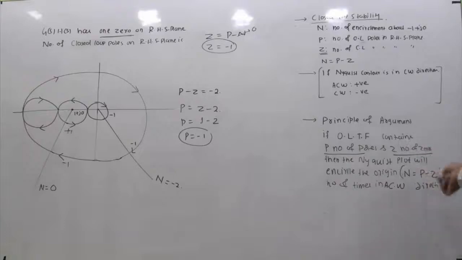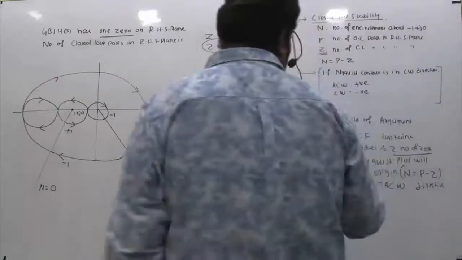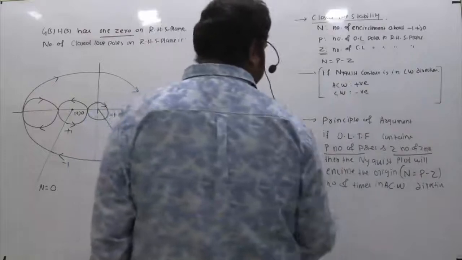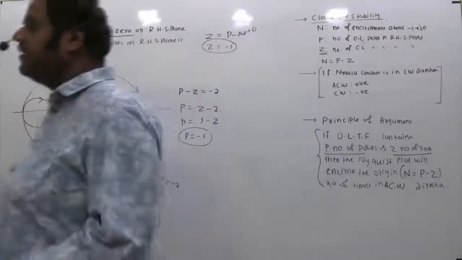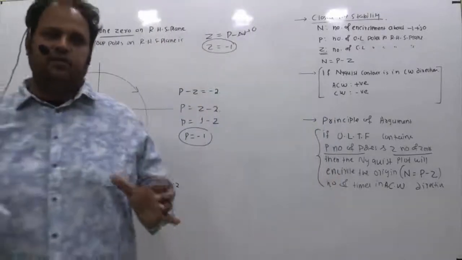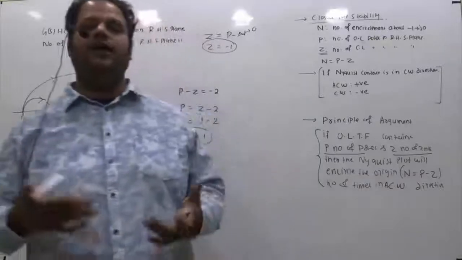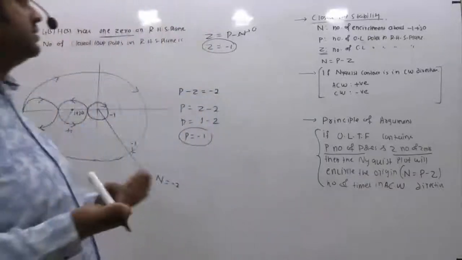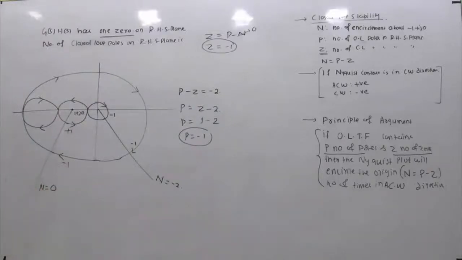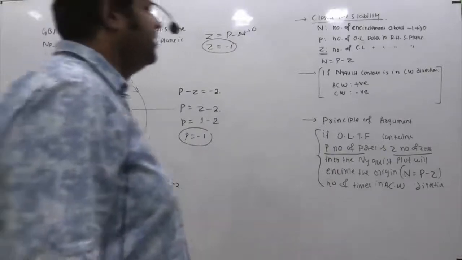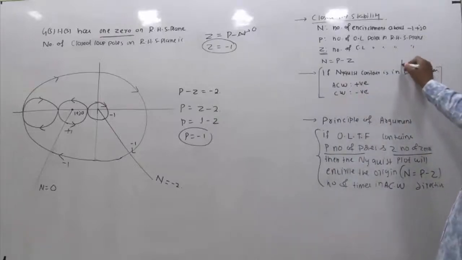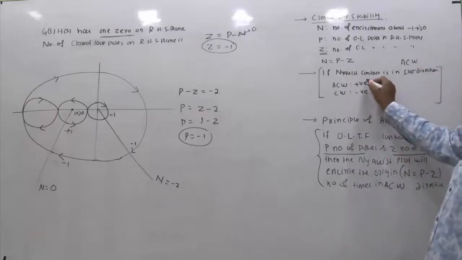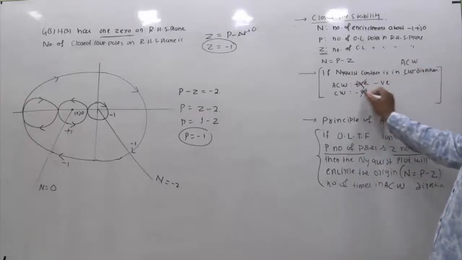And I think you don't have any doubts. So all these things I have written: if the open loop transfer function contains P number of poles and Z number of zeros. By default we are taking the Nyquist contour to be the right half of the S-plane because our interest is the closed loop stability, and closed loop stability is related to the number of right half S-plane poles. If there are poles in the right half plane, it is unstable. So by default the contour is the right half S-plane, but the direction comes into the picture. But the point somebody should be careful about is that this is a default assumption. So instead of clockwise, if I take this as anti-clockwise, then while computing, you should take this as negative and you should take this as positive.